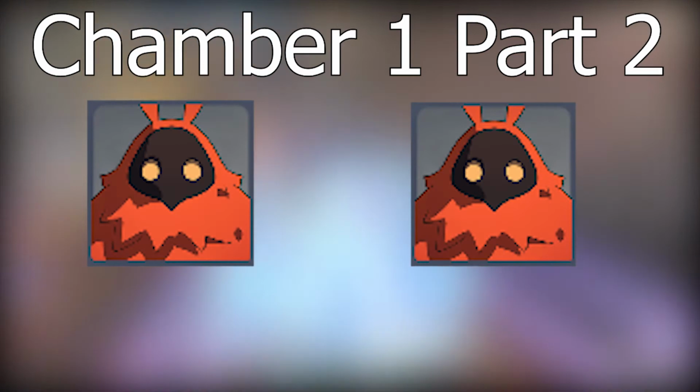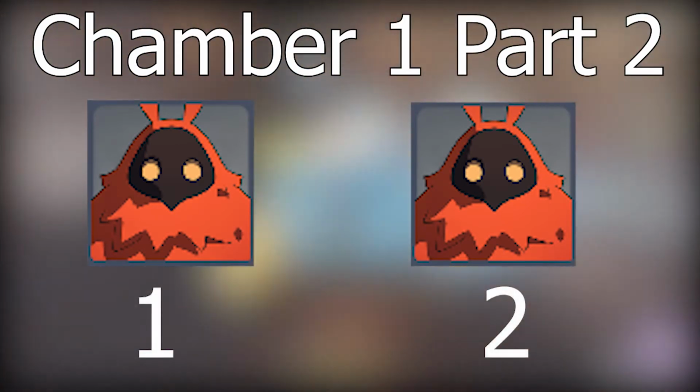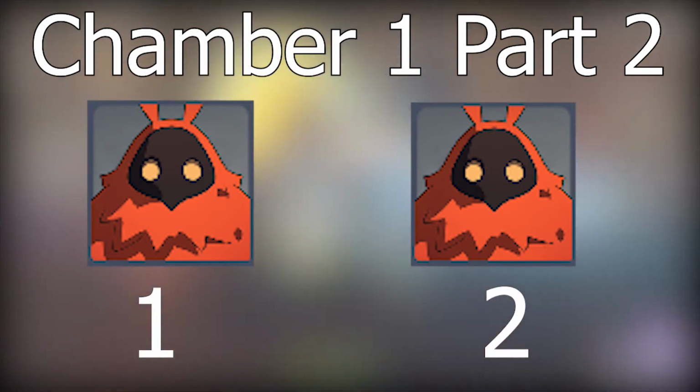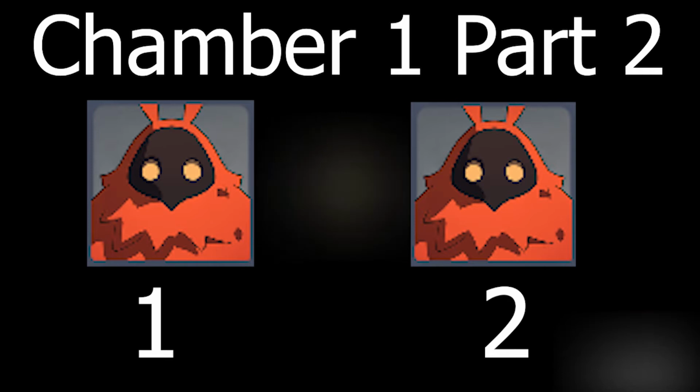And for the second half of chamber 1, we're gonna have 2 pyro mages. The only thing you need to keep in mind is just focus them one at a time, lowering their shield with your water unit, and just repeat the same process for the second pyro mage, while of course dodging all